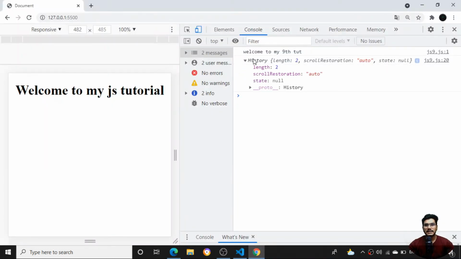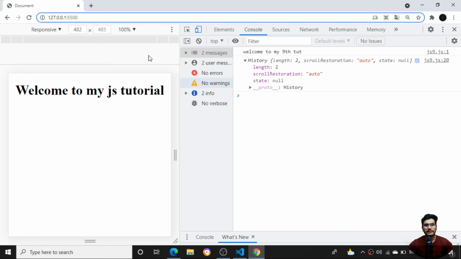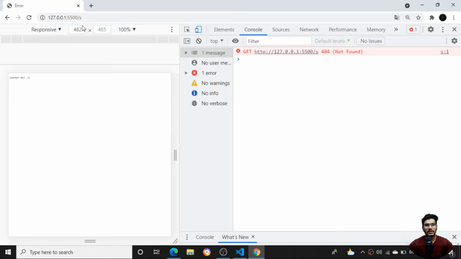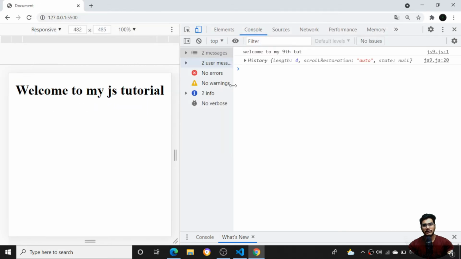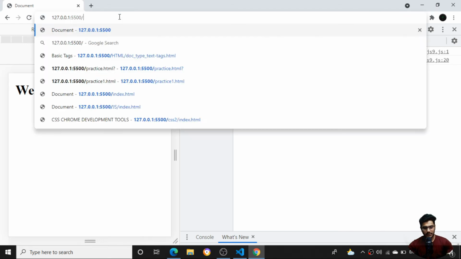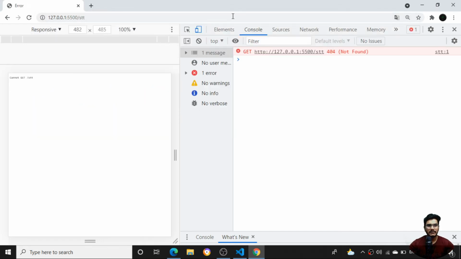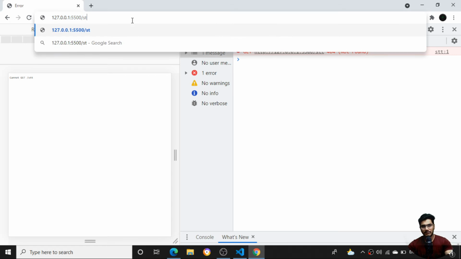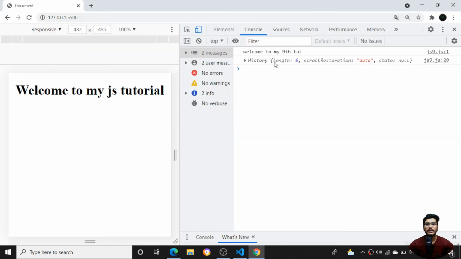So you can see if I just call the history.go function, it is just giving me the particular file. Suppose I want to open something like this, if I just enter, I am not getting this one, so I will just go back. So you can see the length of the history is 4. If I go to another folder which is not there itself, and then come back to the same folder, now you can see the history length becomes 6 over here.